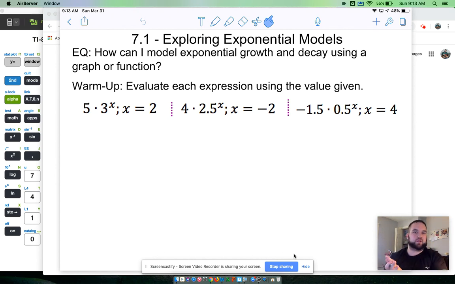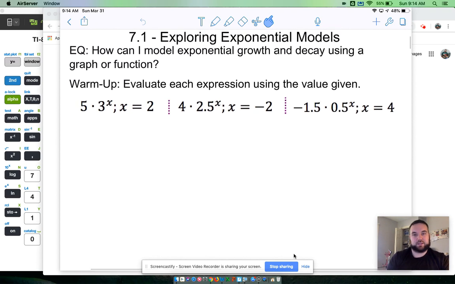So we're moving into Chapter 7. Similar or using some things from Chapter 6, but it is kind of a hard left turn. We're going to be learning about exponential equations and functions. In the first try, we really focused on linear and quadratic, so straight lines and parabolas. And in this chapter, we're going to be talking about something called exponential equations. So our EQ for this first day is how can I model exponential growth and decay using a graph or